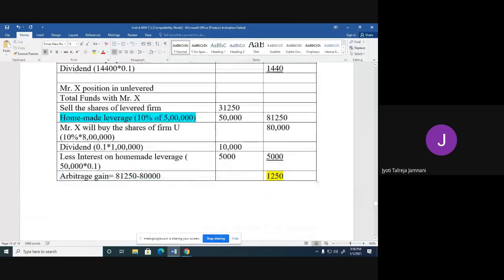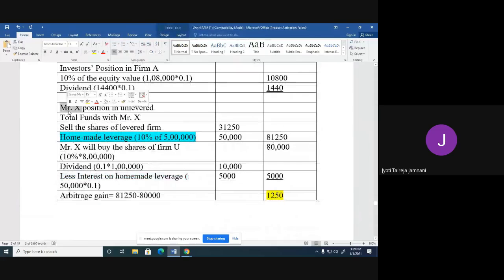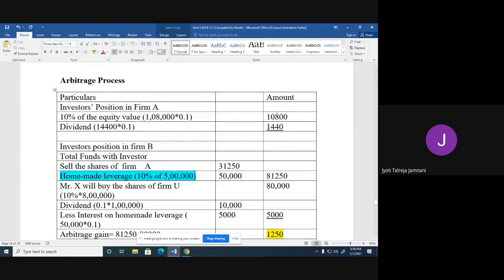Now let's see the investor's position. We'll not call him Mr. X, because they have not named. Investor's position in firm B, the unlevered firm, they have given the name firm B. Total funds with the investor. So what he'll do, he will sell the shares of firm A. So if he sells the shares of firm A, he'll get 10,880. So that is what is his. Okay, then